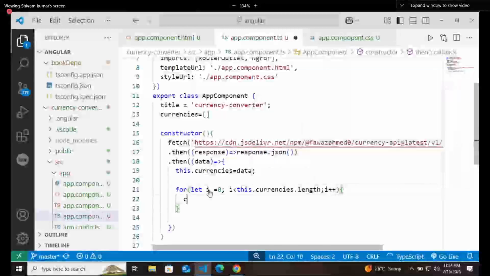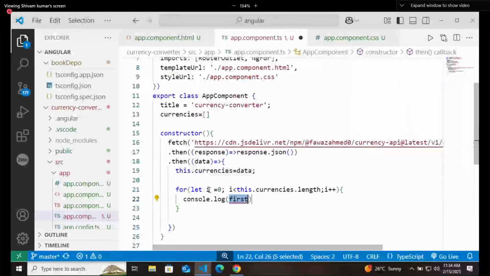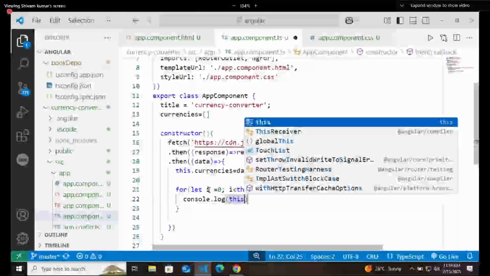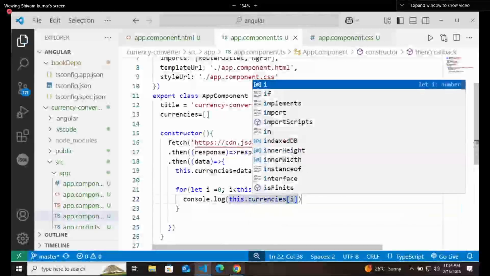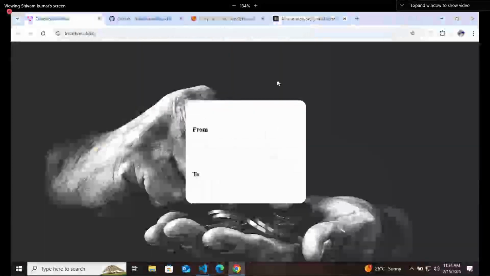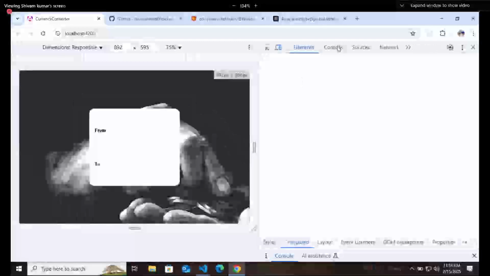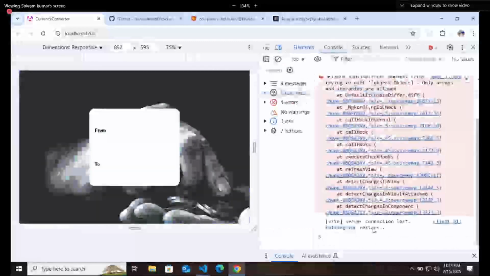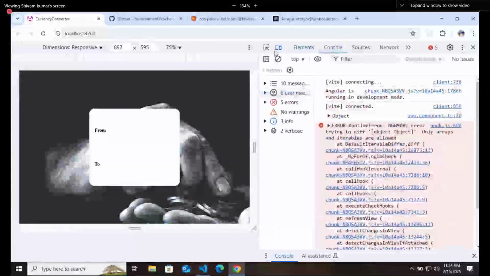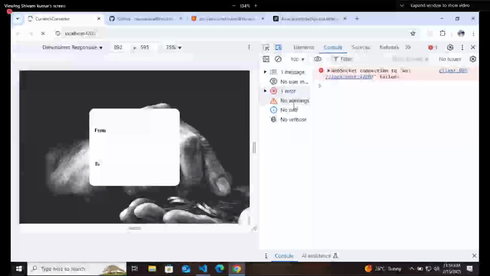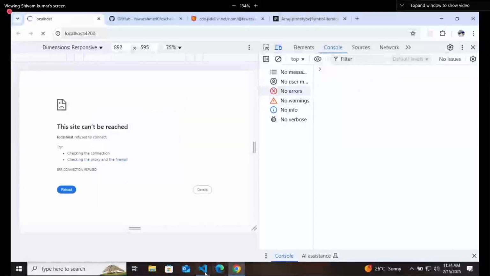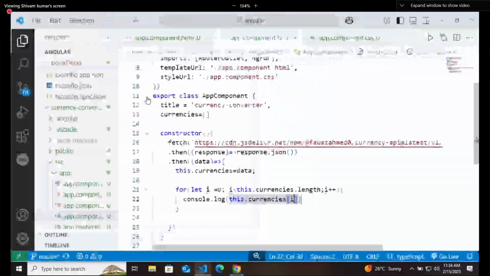In that I will print the value of this dot currencies with the indexing i, and you will see these kinds of things. Error, error, error. Remove everything, refresh it, and you will see one error. Okay, first we need to rebuild it.